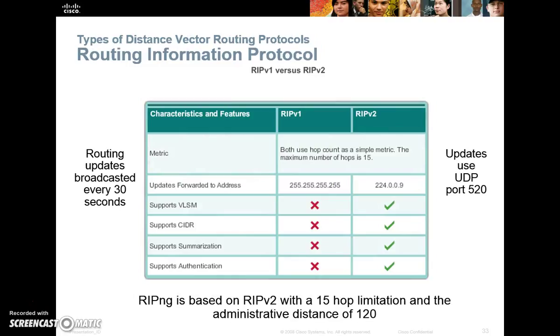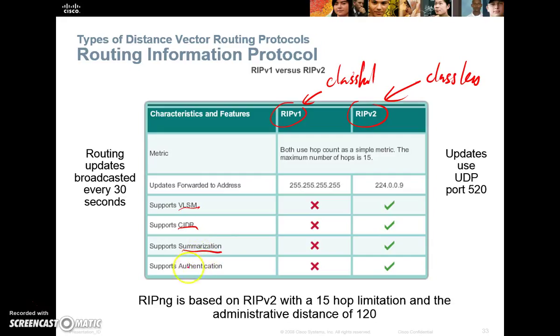Let's look at some of the characteristics and compare between the different routing protocols. Let's look at RIP version 1 and RIP version 2. The main difference is RIP version 1 is a classful routing protocol, version 2 is classless. Because of that, version 1 does not support VLSM, CIDR, route summarization,